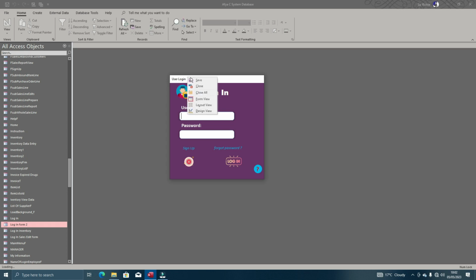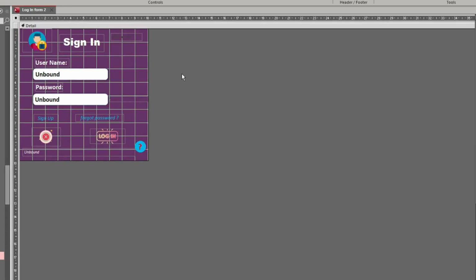Let's see what the code is and how it works. This is 10 centimeter, and here it's 10 centimeter, 10 by 10 centimeter. Okay, so in here I have shown you this is a text box, an unbound text box,